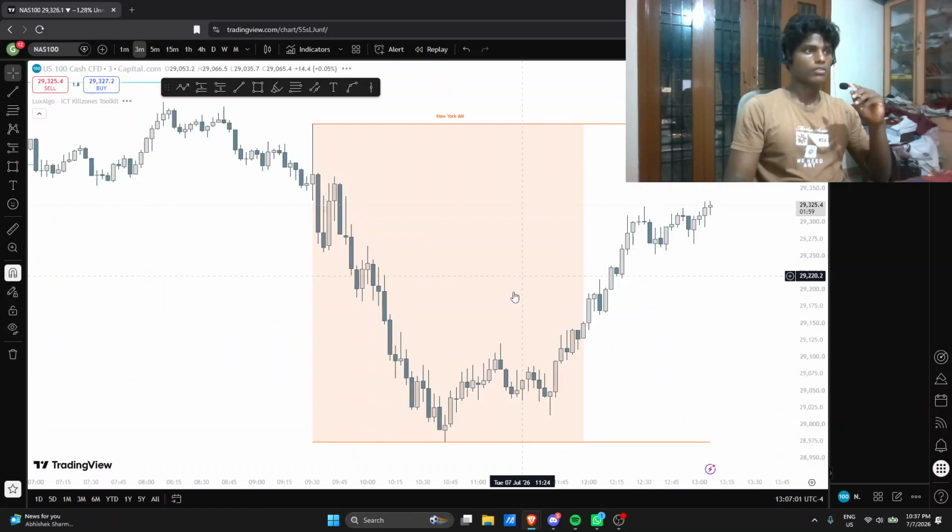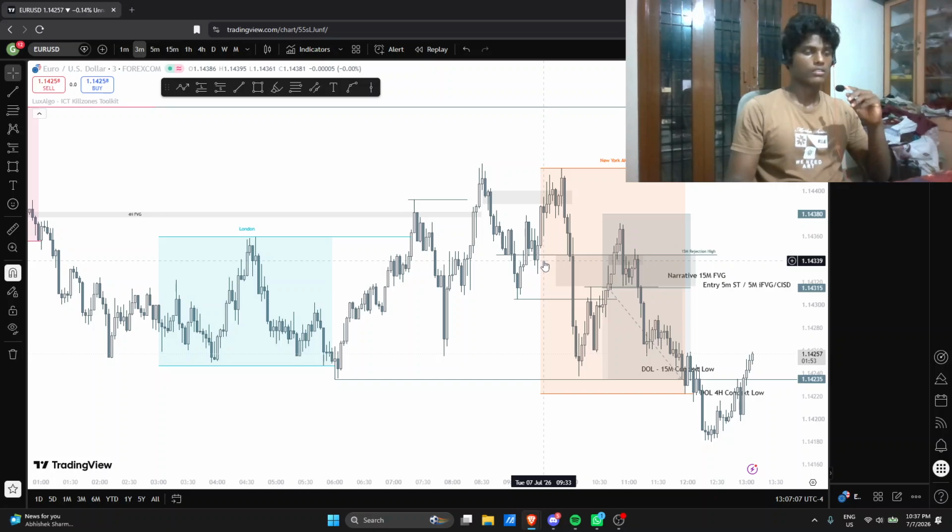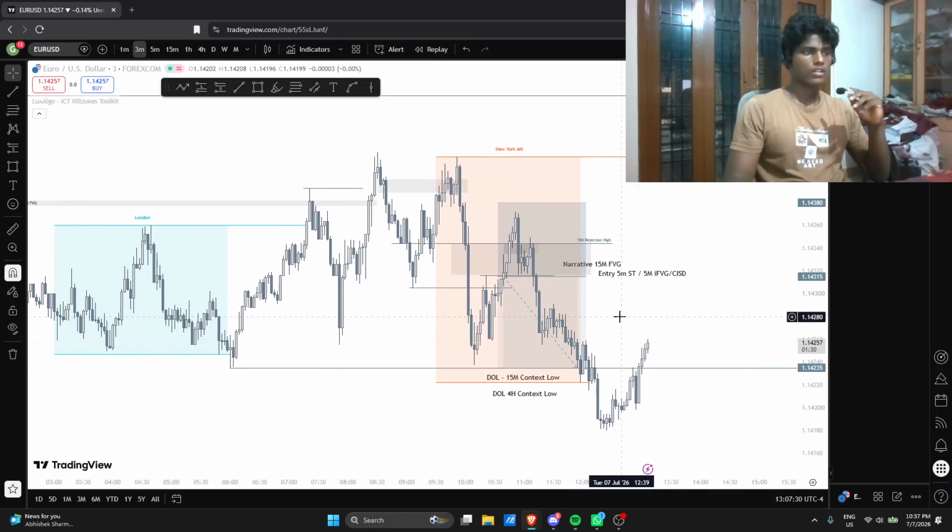Even though I was waiting the whole time and I didn't get a trade in this long, I had a trade. It's working. It's not like it's not working. So this is something that I have to tell myself. It's working. The trade is working. Just stick to the process, and you're going to see better results eventually. For the past 2 months, I've been making some kind of mistake and losing money. But honestly, this is the first time the results are really good from the backtest. And if I lock in, I can really have a really good time trading for the next few months. So that's something that I need to keep in mind. Okay, can do it.